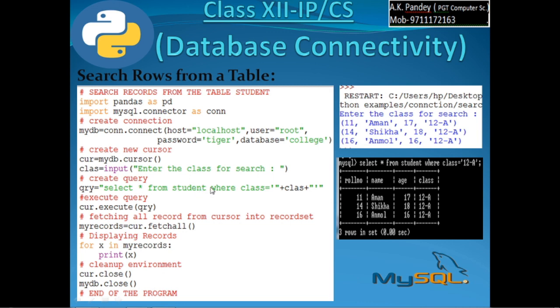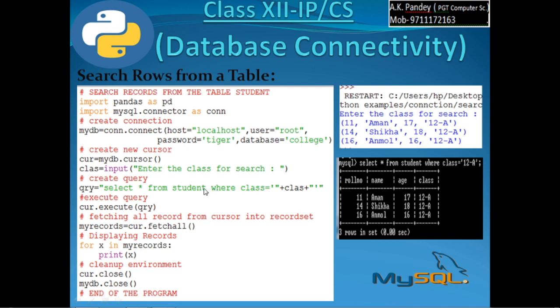So after the query is created, this query should be exactly similar to the query that we issue on the SQL prompt, like this: select star from student where class equal to '12th A'. 12th A is written within single quotes. Suppose you have inputted 12th A. So the same query should be formed by you. Select star from student where class equal to, this will appear as it is, then a single quote will appear as it is, then the value of the class, say you have entered 12th A, so 12th A will be concatenated and then a single quote on the right side of 12th A. So the same query should be framed by the user.